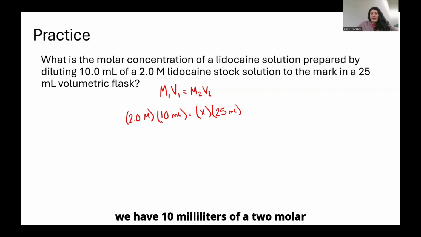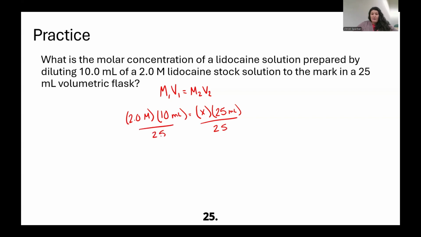So we dilute that solution to 25 milliliters, what is our final molarity going to be? We're going to divide each side by 25,